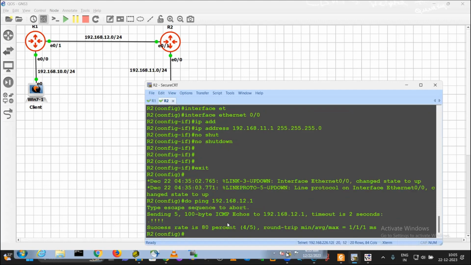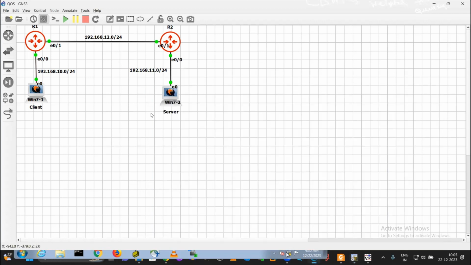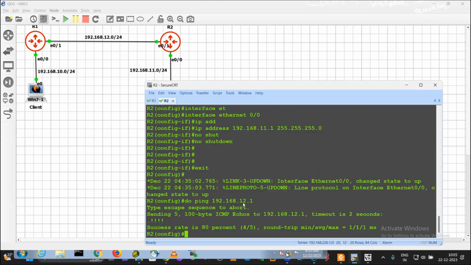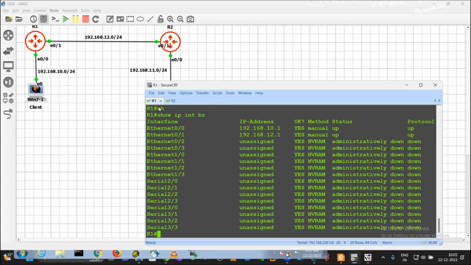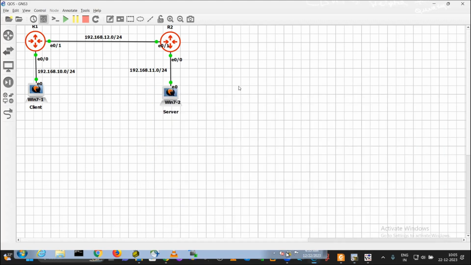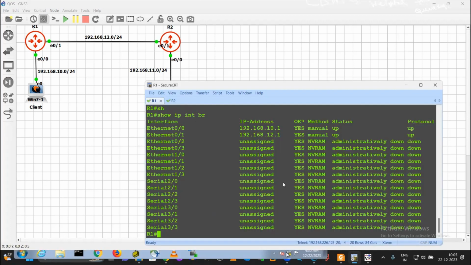I'm able to get the response, so it is working fine. Next, I'll check the connectivity from client to these routers. But before that, let me set up a static route first. From router 1's perspective, for router 1 to reach this 11.0 network, 12.2 is the next hop IP address. Okay, I will make a static route now.